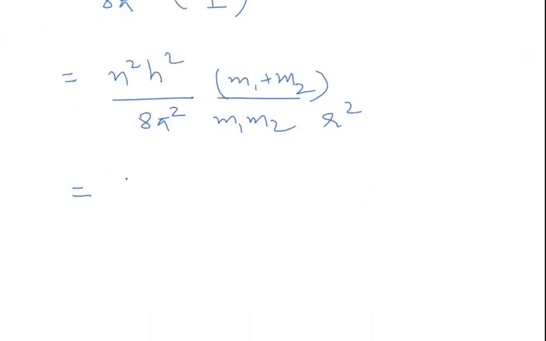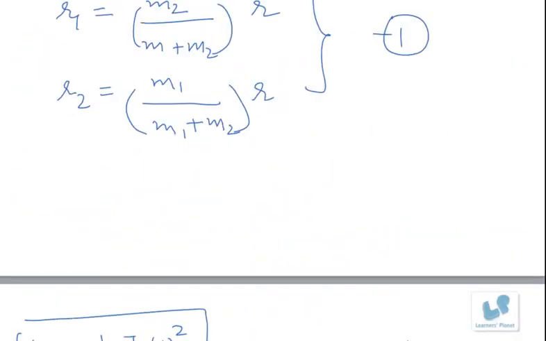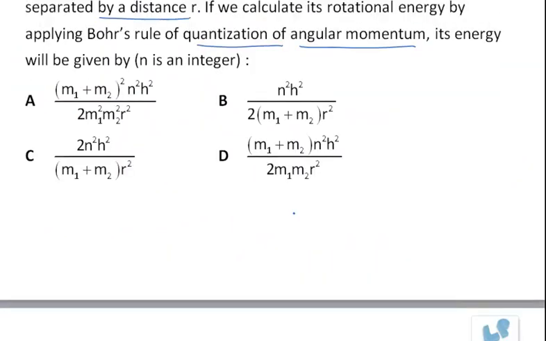So the correct expression for this is n square h square upon 8 pi square r square times m1 plus m2 upon m1 m2. Okay, so from the 4 options that are given, the option